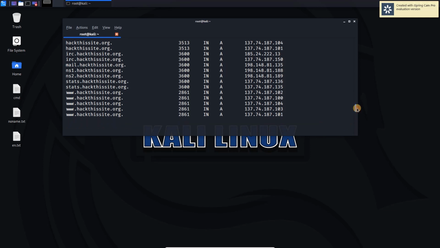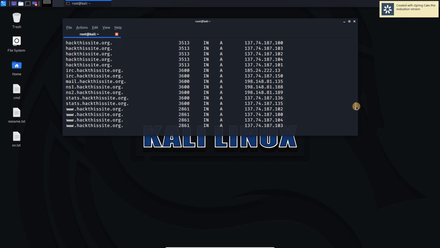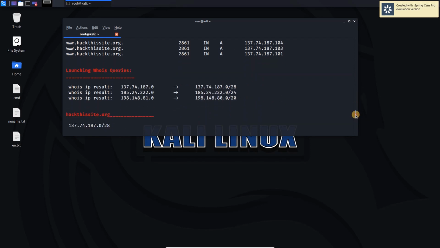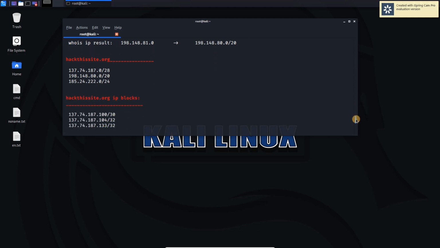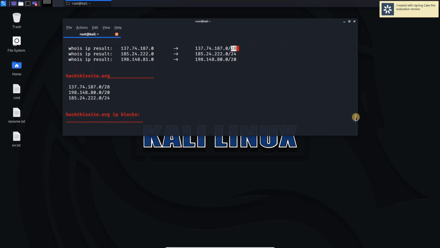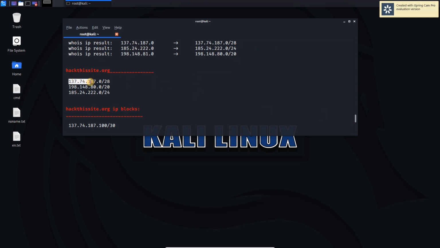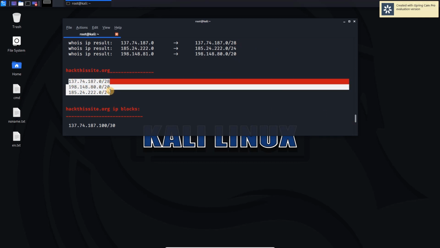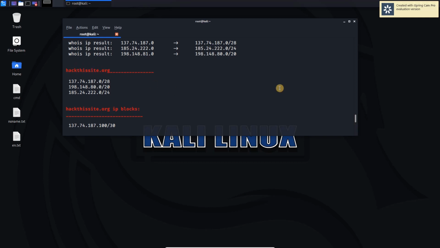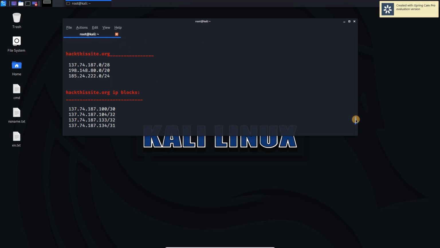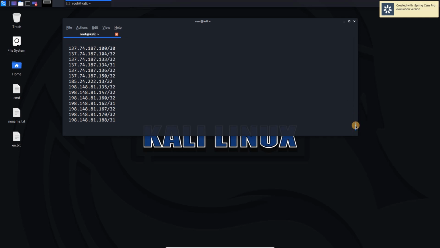So it has found this much in total. Now these are the Whois queries done on this IP address with this CIDR, that is netmask, and these are the IP addresses and netmask used by hackthisSite.org. These are some of the IP blocks that have been used.